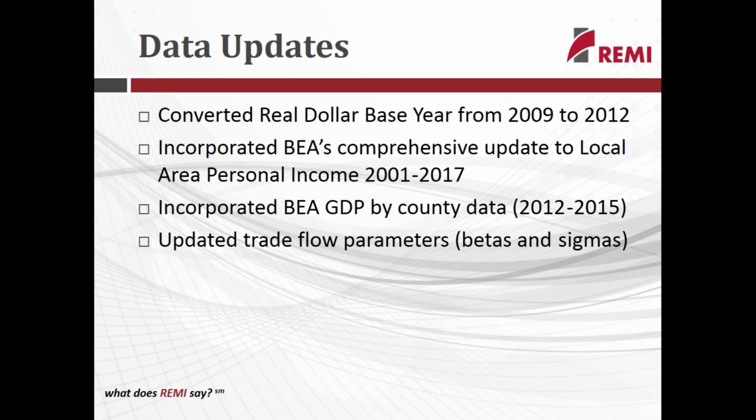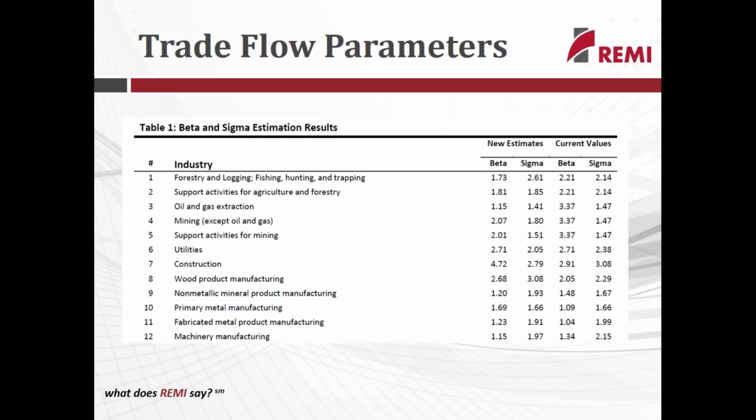We have also updated the trade flow parameters, betas and sigmas values specifically. Basically, this is a little bit complex, but within our trade flow part of the model, which basically estimates how the demand for output in one region is satisfied by surrounding regions, the exports that they're able to deliver to that county, we've re-estimated the values that determine those